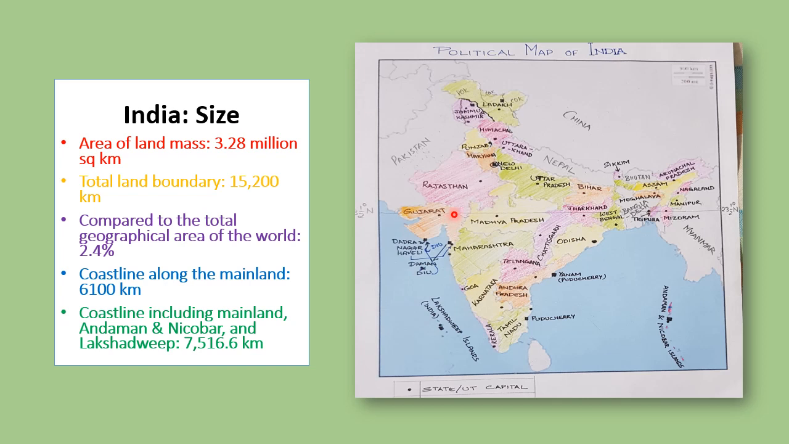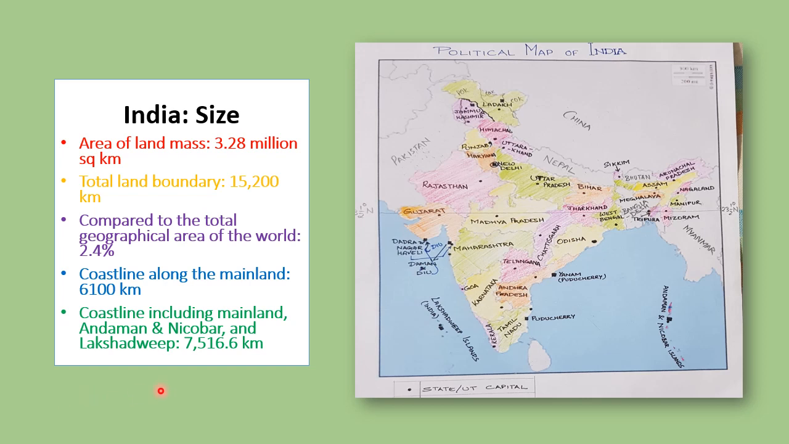Apart from that, when we are talking about size of our country, we also talk about the coastline, because India has the longest coastline in the Indian Ocean. So that is something very important that we need to acknowledge. So coastline along the mainland is, see, this is the mainland. So along the mainland, it is 6,100 kilometers, whereas when we are including Andaman Nicobar and Lakshadweep Islands coastline also, then it is